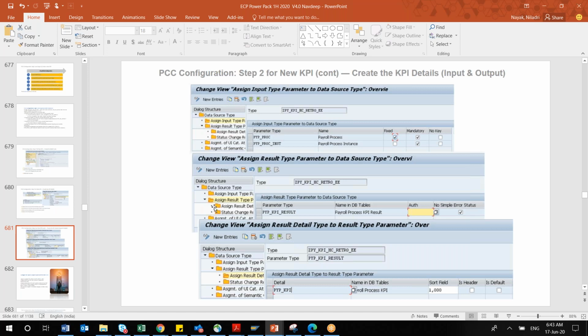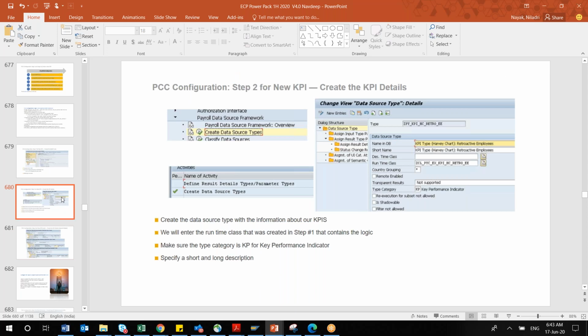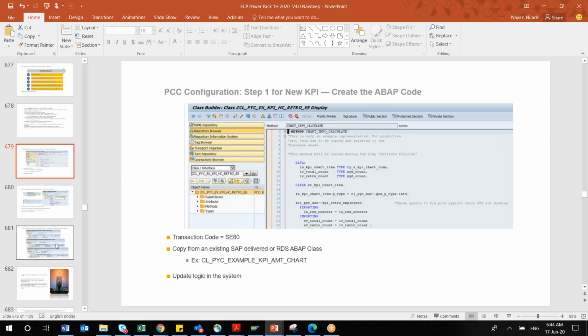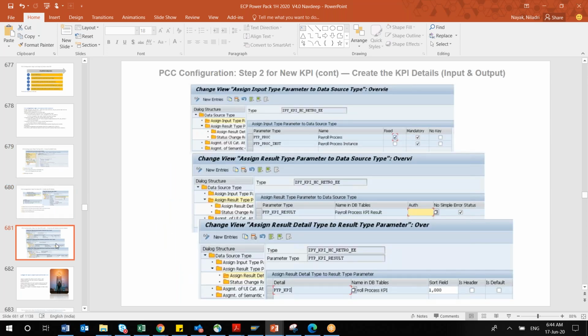Will they ask questions on those technical programs, like how to write them? As a functional consultant, from the certification point of view, I would recommend remembering the program name only. Whatever program name and class name I have mentioned here, you can simply remember. The data source I'll be showing in the system. This is not programming.